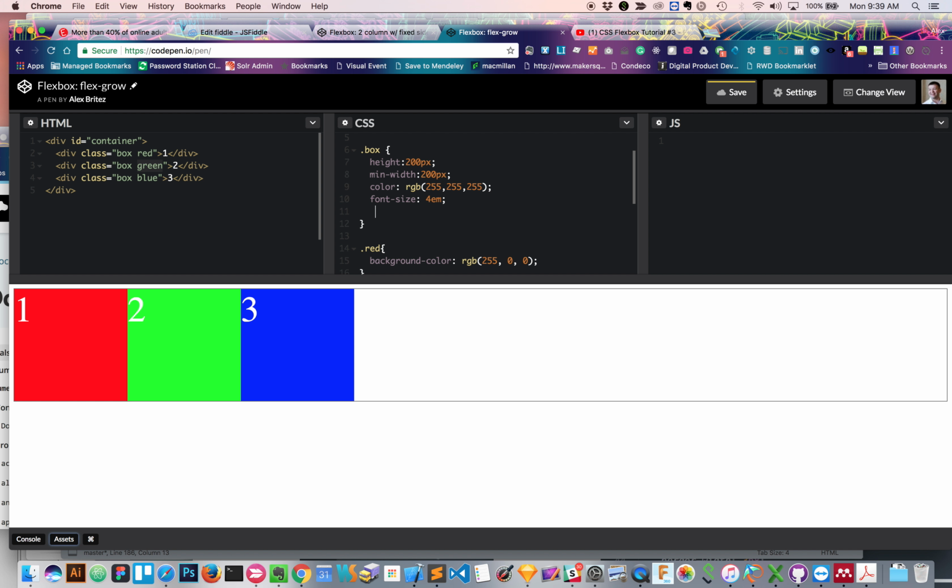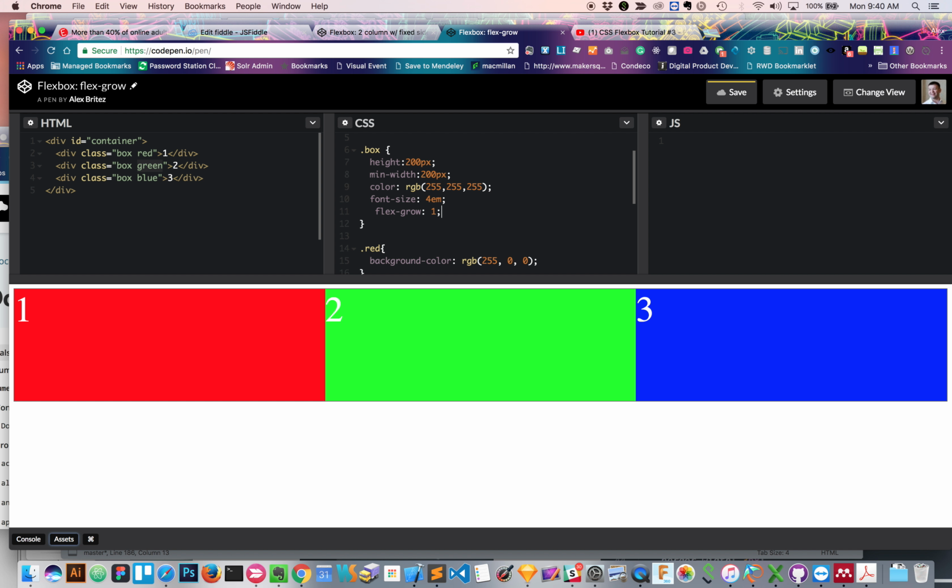The way you would do that is just say flex-grow, and we're going to say flex-grow: 1. What this is going to do is say everything in box, that's a class of box, make the growth rate of it 1. Which means all of them are going to be growth rate 1, growth rate 1, growth rate 1. So if you want this to change, you essentially need to change the ratio of the growth rate. So if this one's 1, then you might want to make this one 2, and this one could be something else. Now in terms of the numbers, it's not so much about the numbers, but more about the